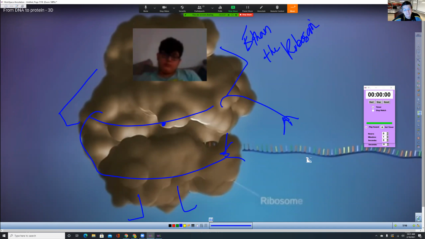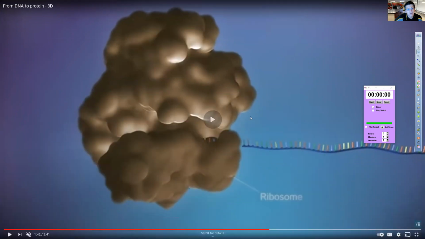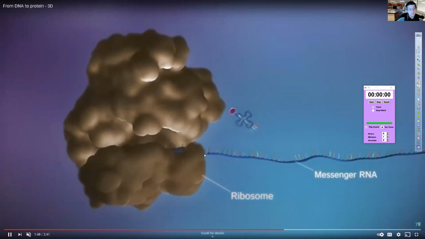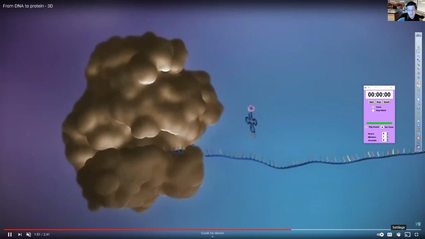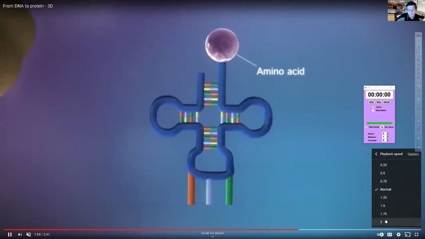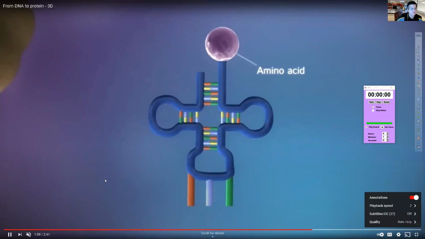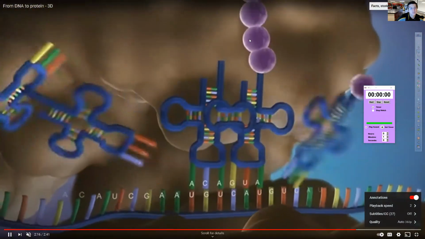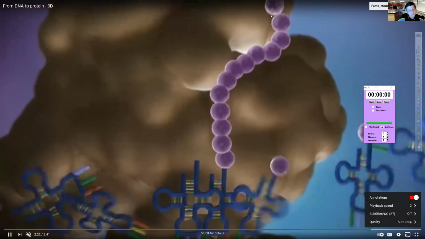And now that he has his mRNA, now he's happy, right? Because he can now build the protein. Now he can construct the protein that he needs. And so that's how this works. And ultimately, we'll talk about the details tomorrow a little bit more, but I put this in really fast speed here, so you guys can see it happen real fast. We'll talk about what these things are. These are tRNAs, right? But anyways, what ends up happening is Ethan the ribosome starts making this protein, and that's what this purple necklace is.